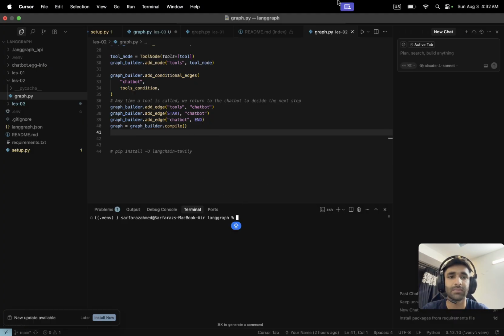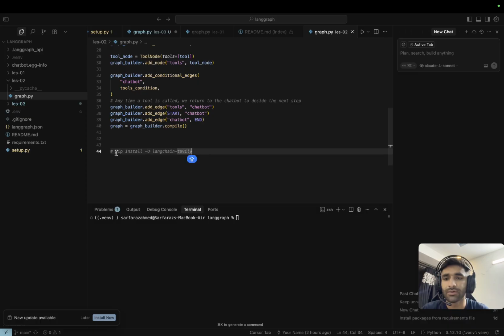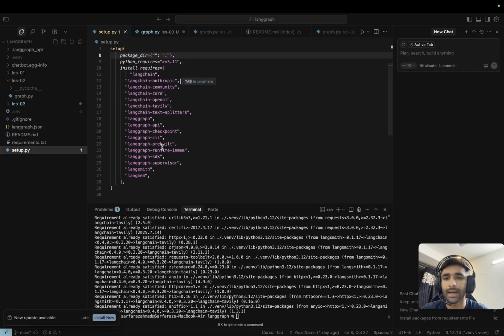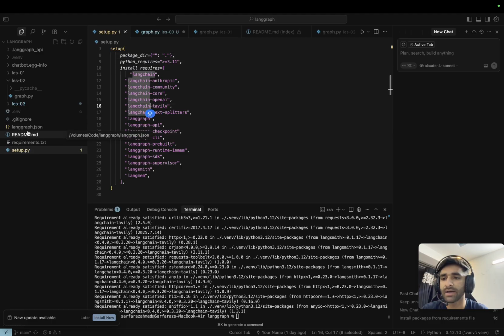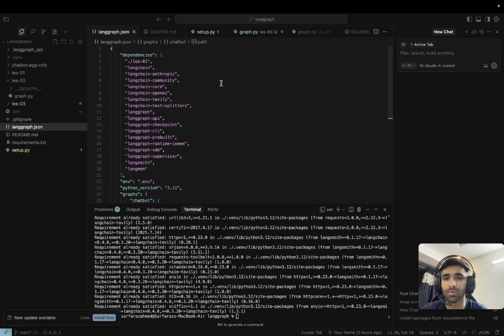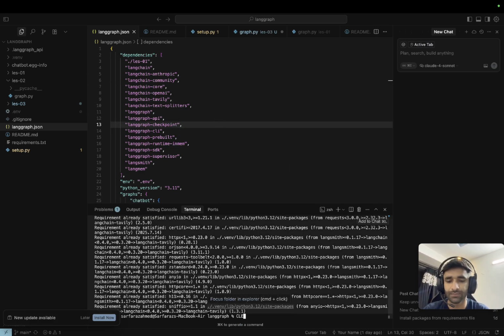LangGraph Studio as well in easier words. You will need to pip install Tavily search, and I have already installed it, and make sure to add it here as well. In the setup.py file I have already added it and pushed these changes to my GitHub. You can just pull the changes, and also make sure to add LangChain Tavily here. So I am now going to run it. And one thing more